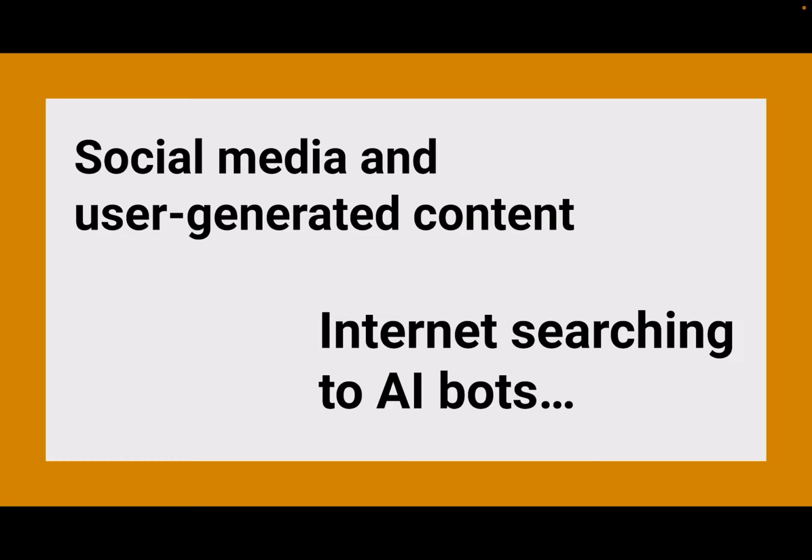So finally, platforms like Facebook, or formerly known as Twitter, or Instagram, or TikTok, and YouTube, they've shifted the way that we share and consume information. So user-generated content plays this significant role in shaping public discourse and opinion. And ready or not, this is where we are headed: internet searching using AI bots. This timeline of information exchange also matches the speed of our technology.